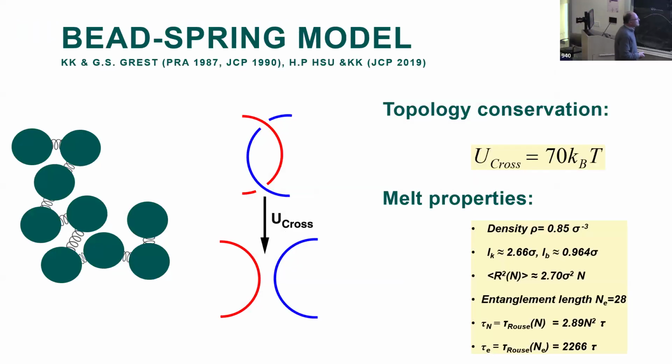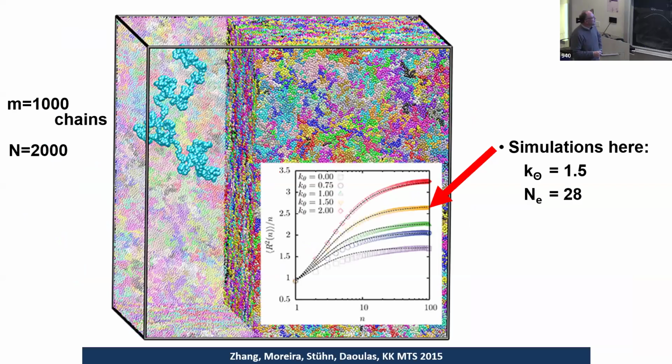So what we're now doing is we're trying to look at this from a completely different point of view, namely from a bead spring model simulation point of view. And our chains look like this, and these springs are very stiff. We have the data if you're interested. So that any crossing in our case costs about 70 kT. On the computer, 80 kT is enough. We never will cross 70 kT. And now we can